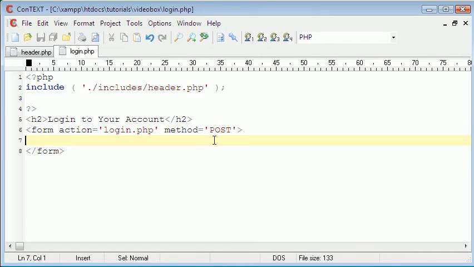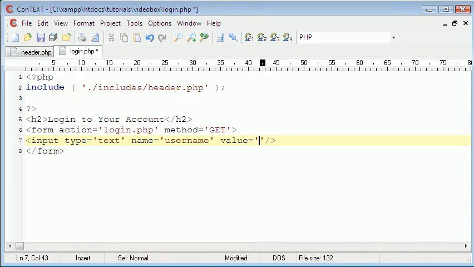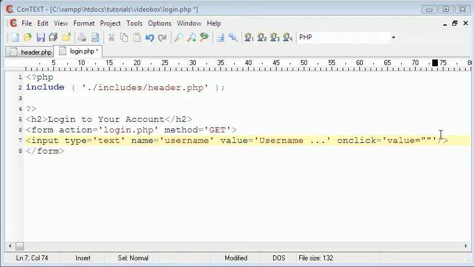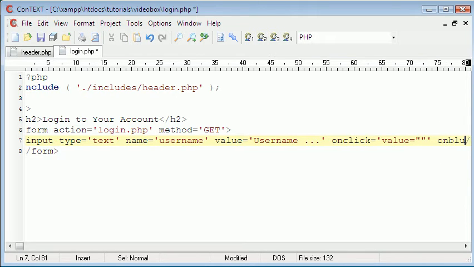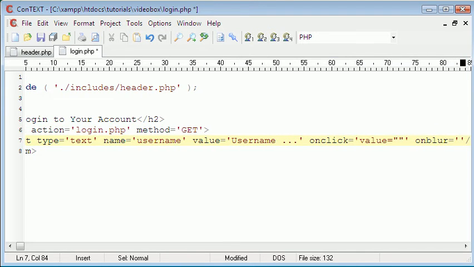The method is actually going to be get. Then we use two fields, so we'll say input type equals text, name equals username, value equals username, and then we could say on click value equals nothing, and then on blur, which means when they click away from the text box, we'll say value equals